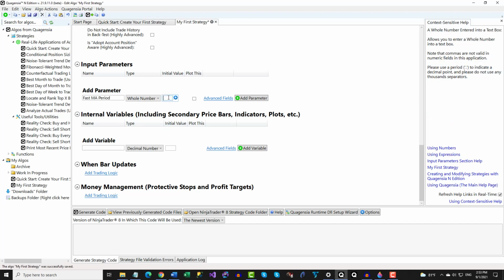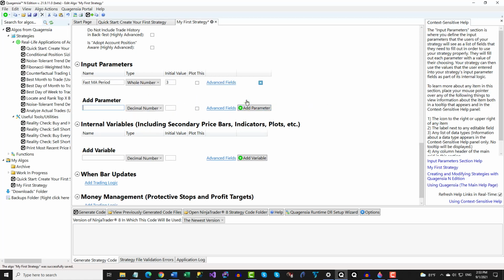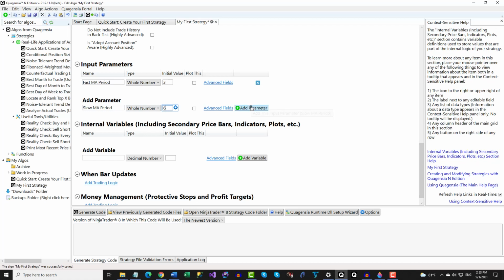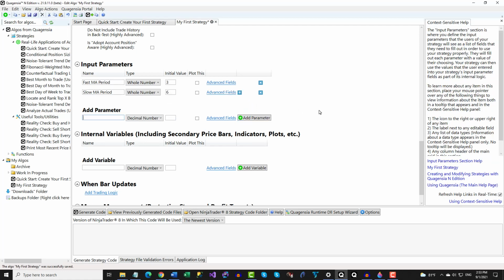Set its initial value to 3, and click the Add Parameter button. Name the second one Slow MA Period. Change its type to Whole Number. Set its initial value to 6, and click the Add Parameter button.